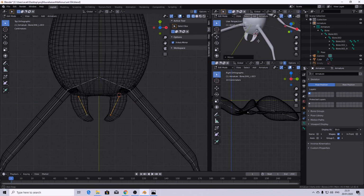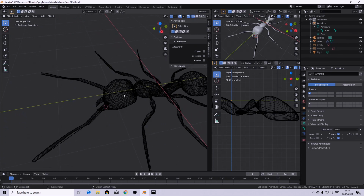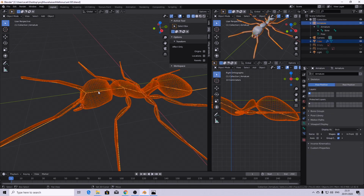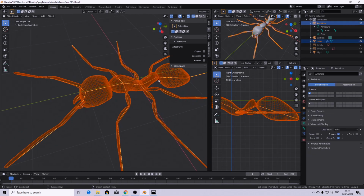Alright, so now that we have our bone structure created, we can select our mesh first, and then we'll shift select the rig in object mode, and then we can create the parent-child relationship. So we are going to parent the mesh to the armature by pressing Ctrl P and choosing Armature Deform with automatic weights. So the weight painting is going to be automatic, and we have X mirror turned on in the